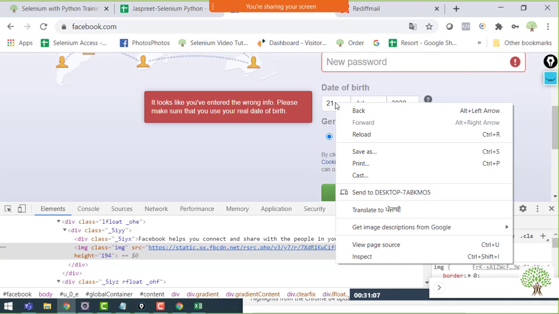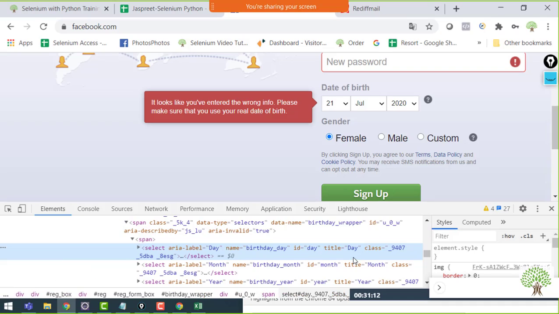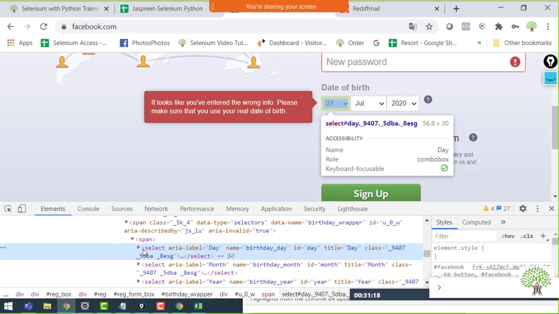So you need to make sure that whichever element you are checking, it should have the proper tag name that is being discussed over here. Like the drop downs which are available on the web page have the tag name select. If the tag name is not select, that means the drop down you are inspecting is not a drop down or a combo box.